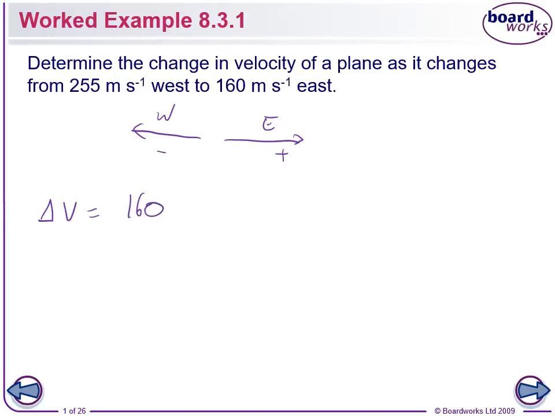Is that positive or negative 160? Positive. Minus our initial, which is 255. Positive or negative? Negative, because it's west. So it's 160 minus negative 255, which is going to give us, what's that, 415